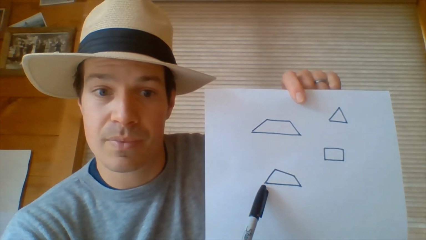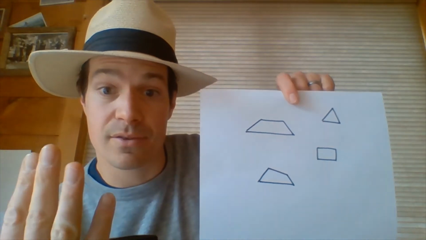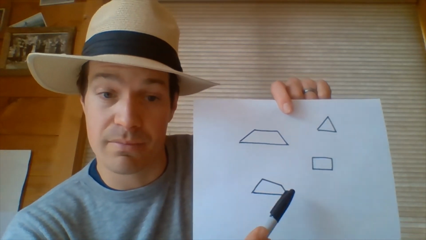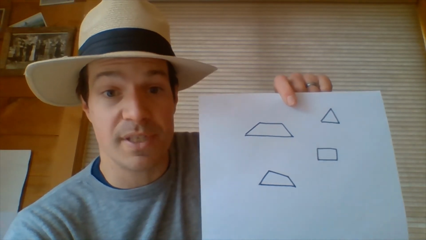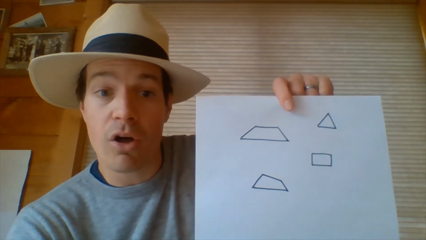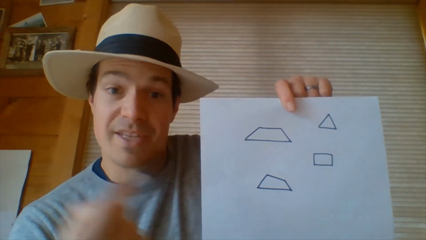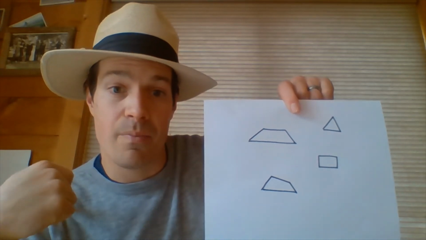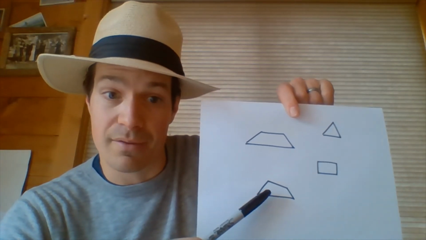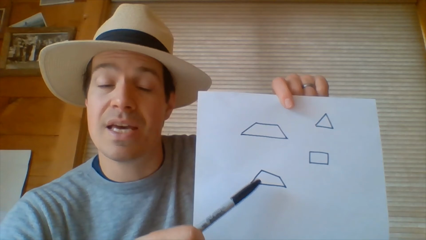Down here, this one has four sides, so it's a quadrilateral. It's a polygon, but no sides are parallel. So the most specific word would be a kite. All of these words can describe each shape, but it's asking for the most specific. You've got to go down your hierarchy, down to the most specific description. But it doesn't mean it's not a polygon. It just means that most specifically, it is a kite.